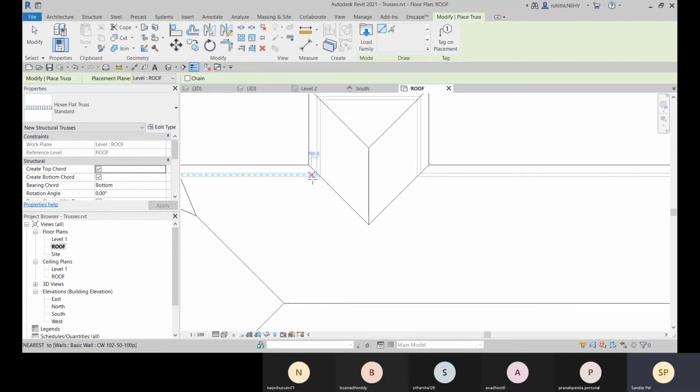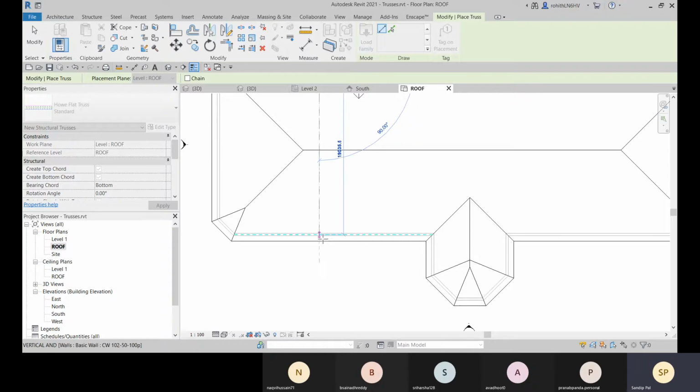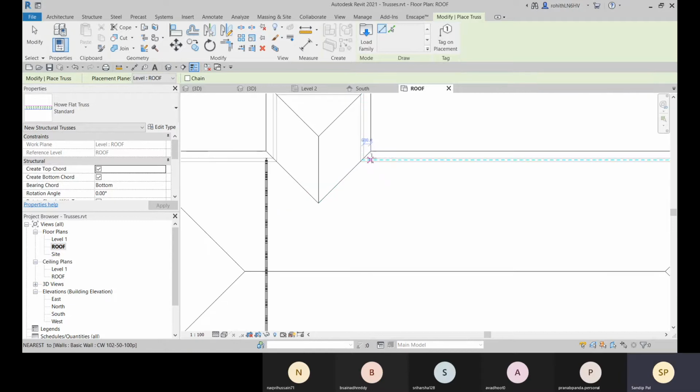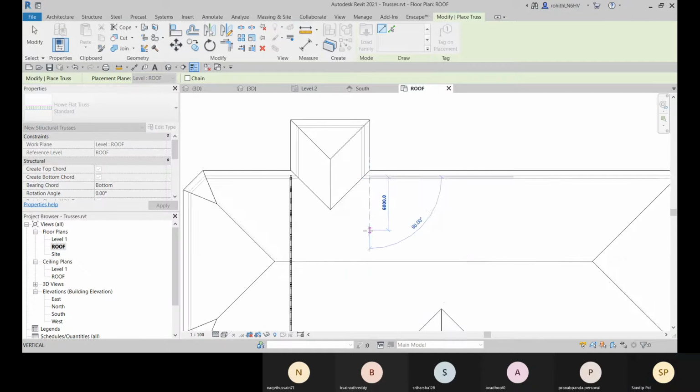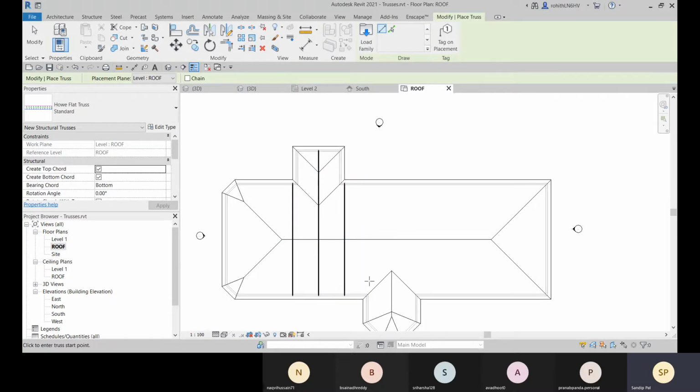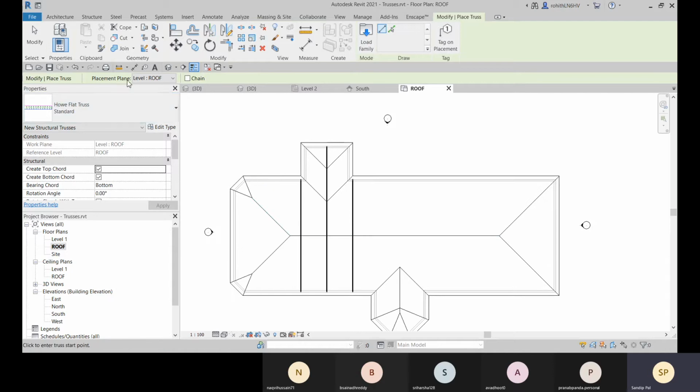Okay, and this is the wall. So I will draw it from here. From here to here, I will draw. Okay, and I'll do the same from here also. All right, and from the middle, I'll draw one, and this way I can fill it up. Okay, within this same gap, I can just fill it up. All right, so let me show you with this three truss, and you know how to place.